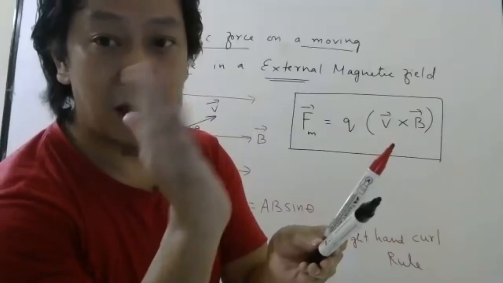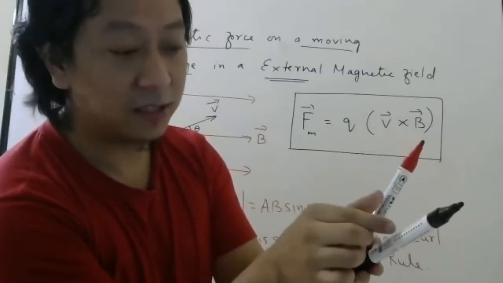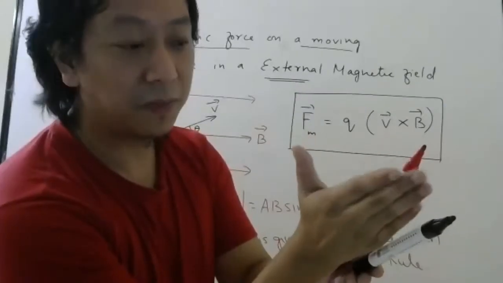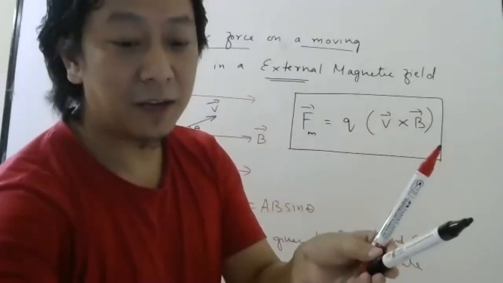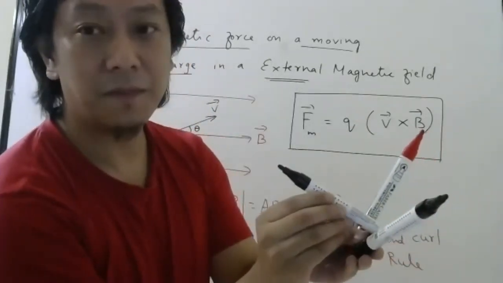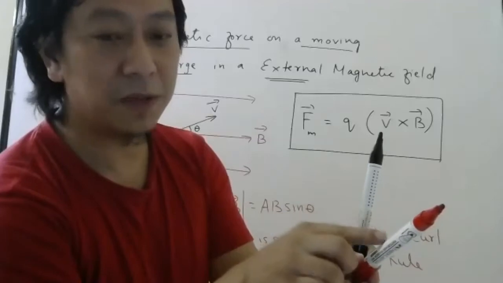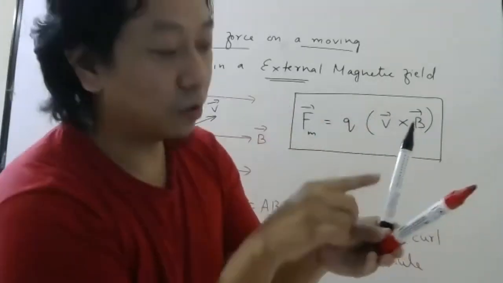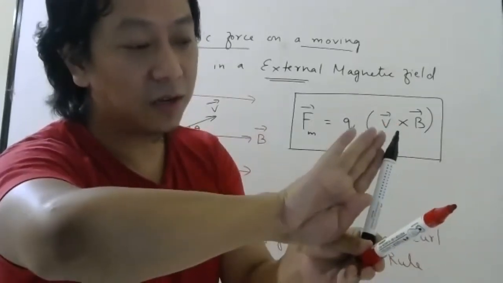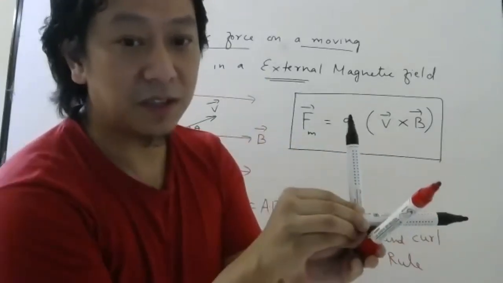How to find it? You have to use the right hand curl rule. If this is the first vector, this is the second vector, and this is the angle, you curl your fingers from the first vector to the second vector. Wherever the thumb is pointing gives you the direction of the cross product. So this is your A bar cross B bar. Suppose I interchange, and keep A bar here, B bar here. Then don't go like this, you have to go through the smaller angle. This is the first vector, so your thumb will point this way, and the direction of the cross product will be this.